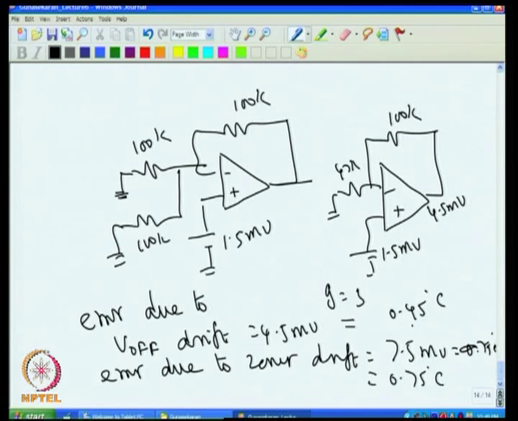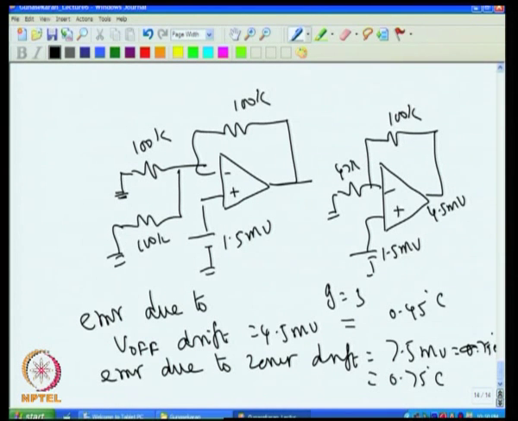That means, you see now already we got error due to offset itself 0.45 degree and error due to Zener is 0.75 degree at the output of the temperature indicator, which works out to be about 1.2 degree error total due to these two errors alone, the offset voltage drift and